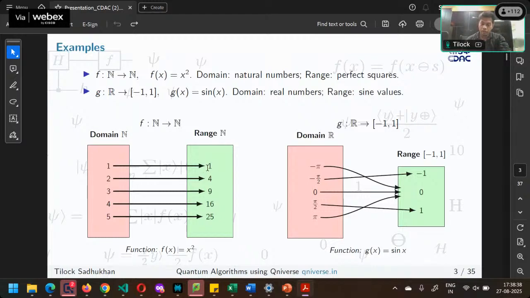Natural numbers are the numbers 1, 2, 3, 4, 5, 6, 7, that is countable. Similarly, here I have taken another example of a sinusoidal function, where x is all the real numbers, which is our domain, and the range of the sinusoidal function lies between -1 and +1. It cannot go beyond this because we know that sine of any value always gives a value between +1 and -1. So if we have an idea about what is a function, now we can proceed towards